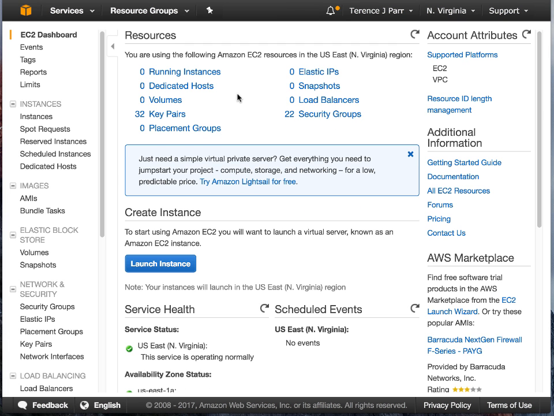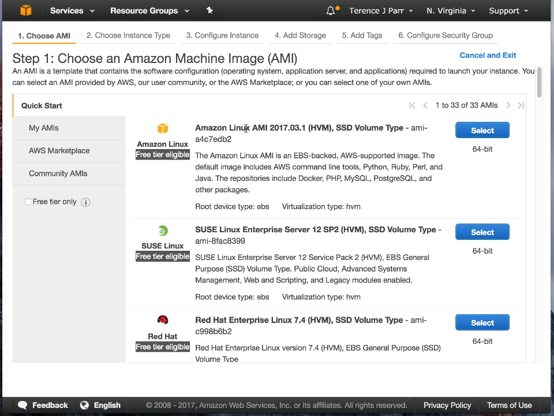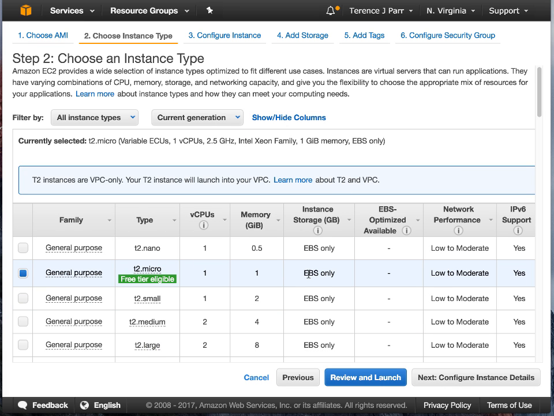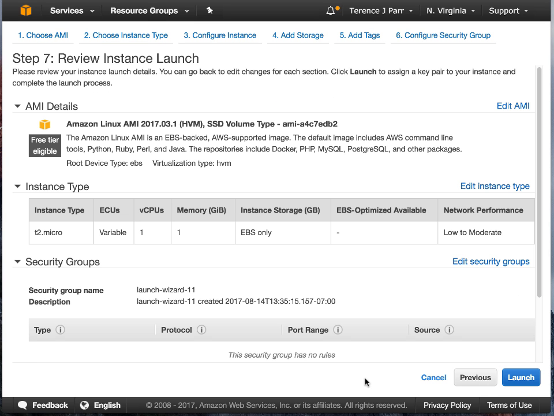then click on this EC2 for Elastic Compute. There are no running instances, so I'm going to create one. It's fine to use the basic Linux they've got with a number of interesting tools, including Python. It's also the case that we can use this very small computer for our little test, and it's very cheap, so let's do that. Review and launch, and we'll worry about the security groups later, so let's just launch this